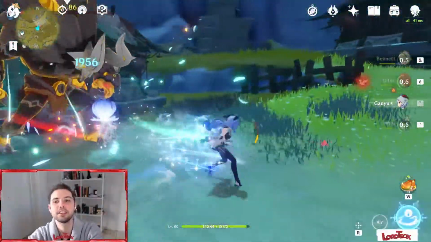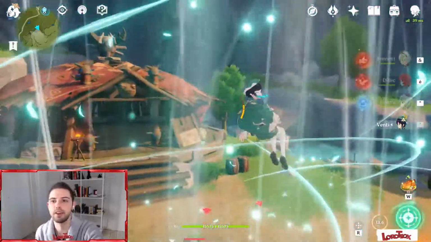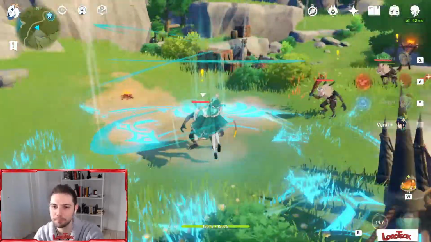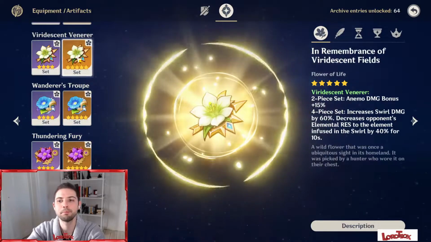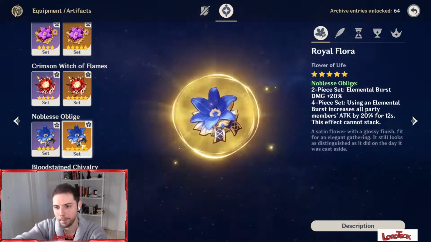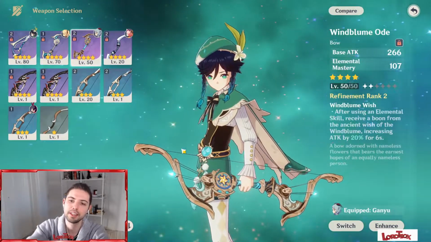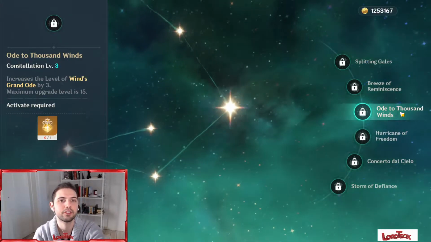Ciao ragazzi, LordTeox here, and today we're gonna talk about Venti. The Anemo God is finally back. So I was waiting for this moment for such a long time, guys, you cannot believe it. And we're gonna cover, of course, all the best artifacts and what you should prioritize on him. Weapons, also the new weapons that just came out, Constellations, and all the amazing talents, playstyle, and the different team